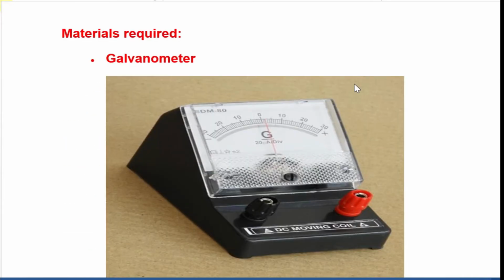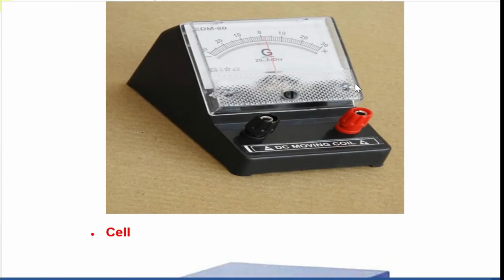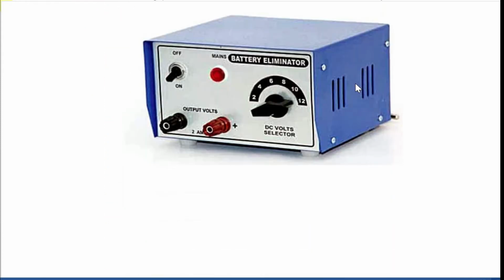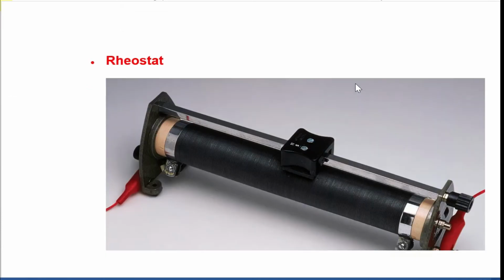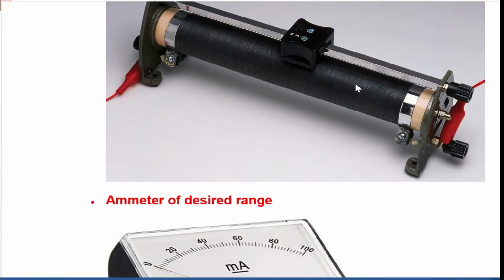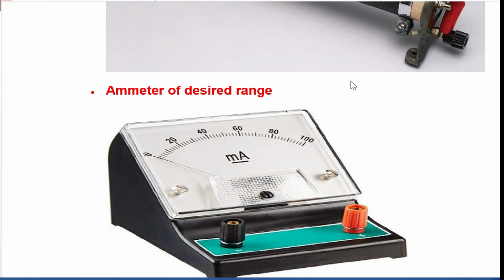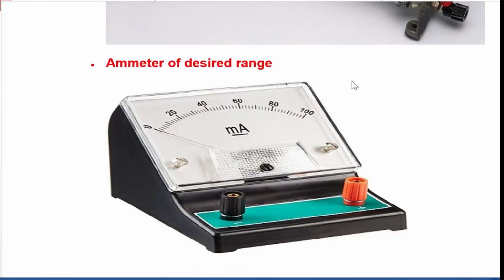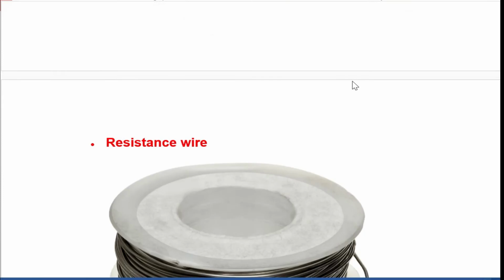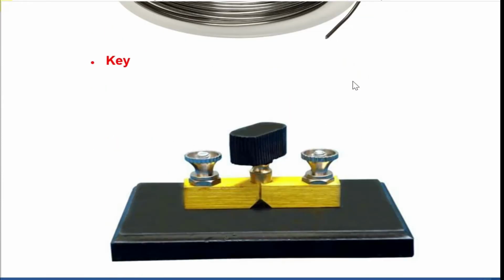What are the materials required? Galvanometer, cell, that is a battery eliminator, rheostat, which is used to vary the resistance, an ammeter of desired range, resistance wire, one-way key,